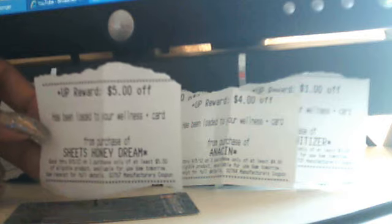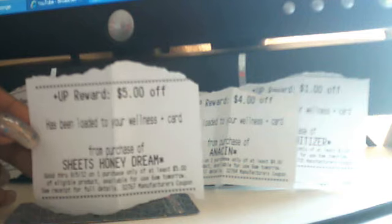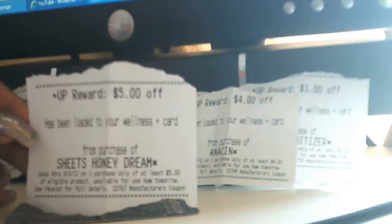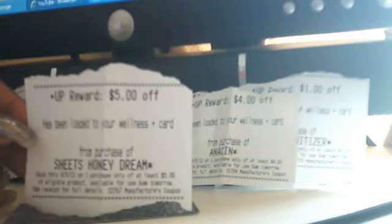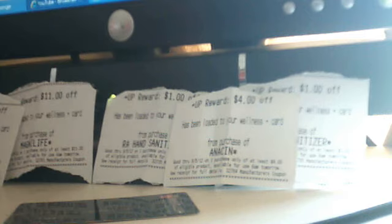They've already started adding them to the card. Here's what the receipt looks like. She also stressed that I could not use my ups again from this particular card until the next morning at 6 a.m., and she was very adamant about that. So depending on where you shop, make sure you look at your receipts to make sure it's not specified on the bottom, so you know whether or not you can still roll your deals from one card to another